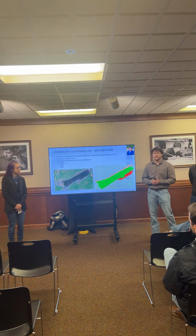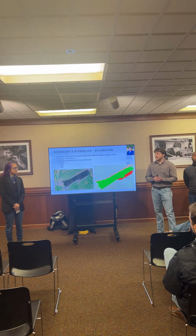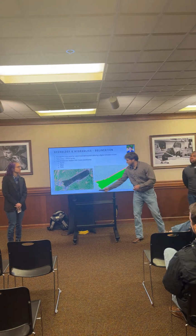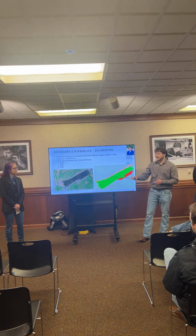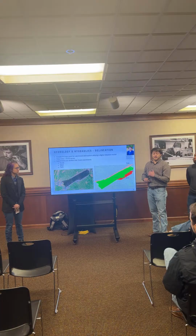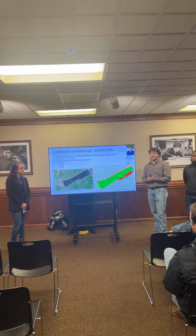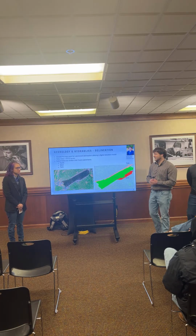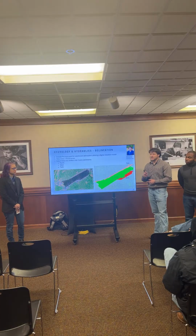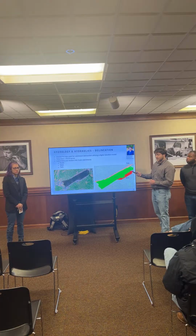So for our site delineation, we used ArcGIS Pro, utilizing a digital elevation model. And what that resulted in was this image here on the left of our watershed, and everything in that gray area is the watershed itself. This watershed has a total area of 510.6 acres, which is a little bit larger than what we were expecting it to be. This was then broken into 3 subcatchments: the north, the west, and then the park itself,